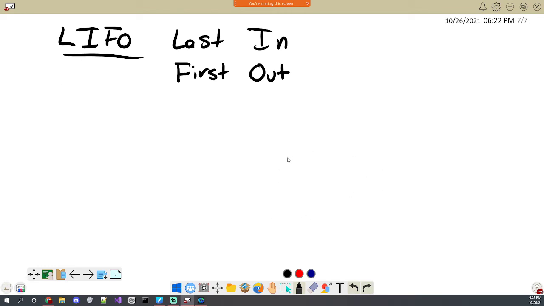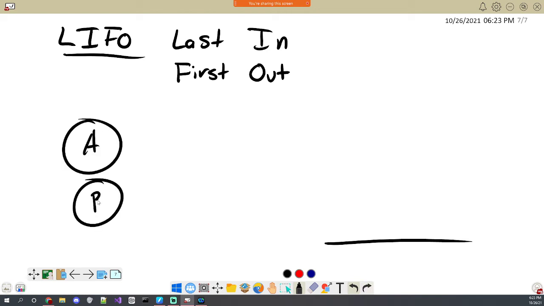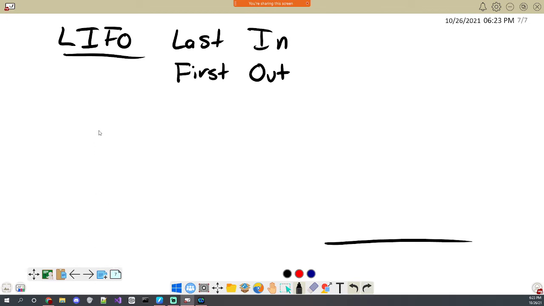And let's just envision it like the name implies as a stack. What we're going to do is start with some kind of base, and I'm just going to build up a tower. So let's say instead we have an arrival where A shows up first, and then B shows up second, and then C shows up last.